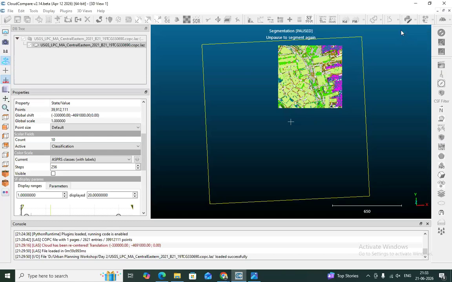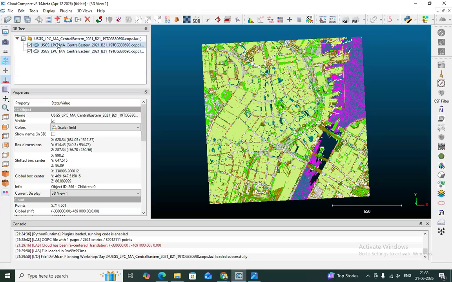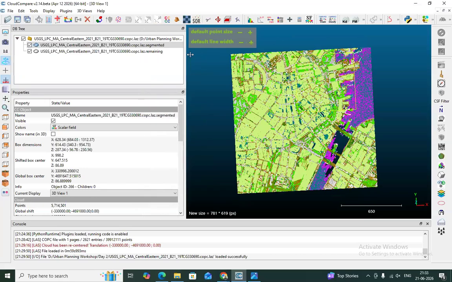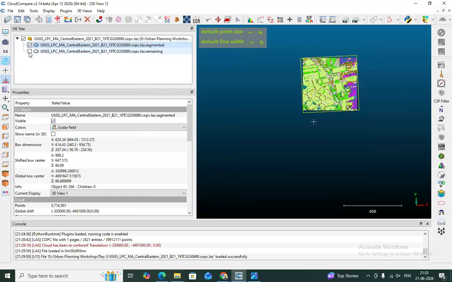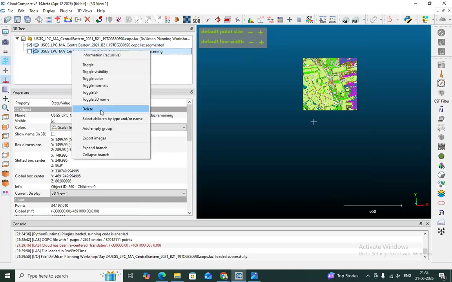Now you have another layer in the DB tree. One layer is the previous one, another one is segmented. For now I don't need the whole layer, so I right click on the layer and delete it.